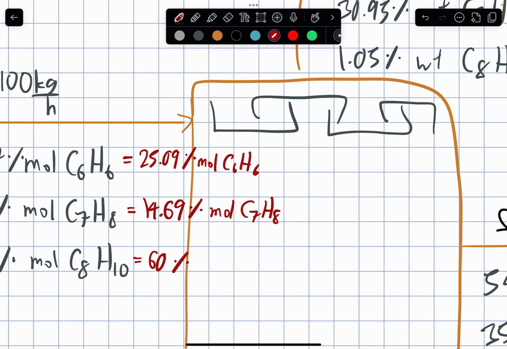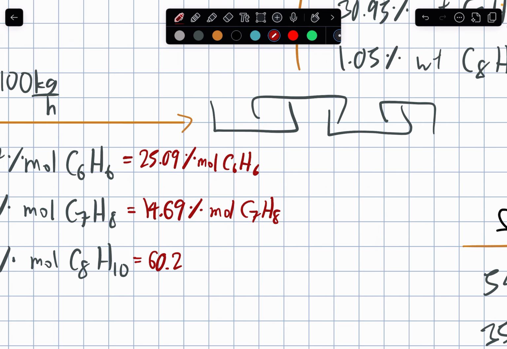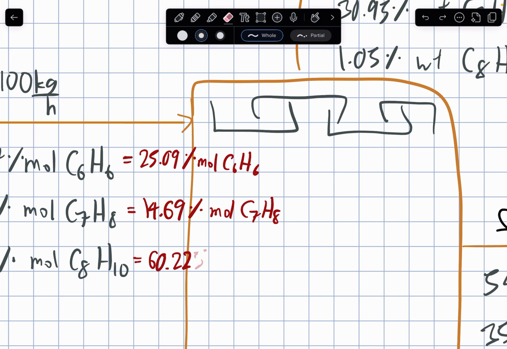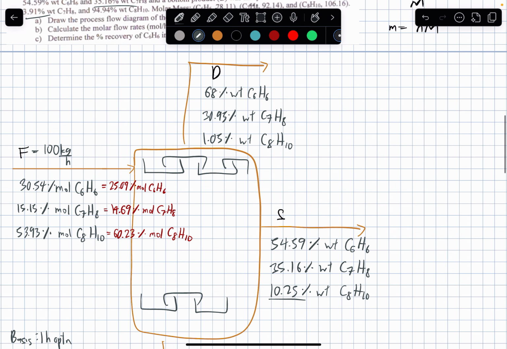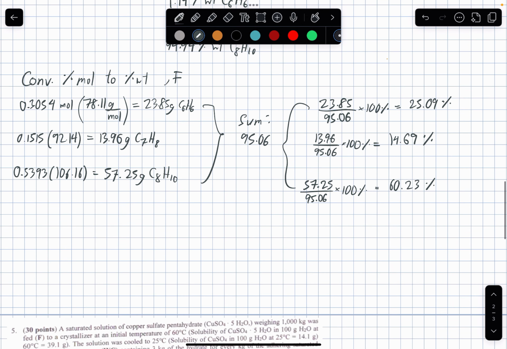Forget about the aesthetic. We need the space. Okay. So now that we have those values,